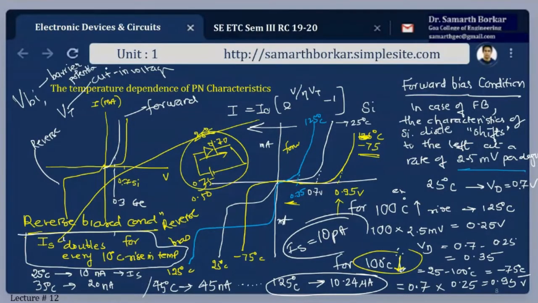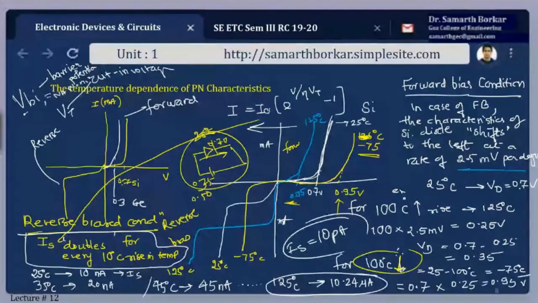Now here, the diode will start to conduct a certain amount of current. After the cut-in voltage is reached, it will shoot up. If I extend the line, what I'm going to get is the barrier potential. This VBI is a function of NA, ND, NI square, and so on. This we have derived. If time permits, I'll revise this again today.